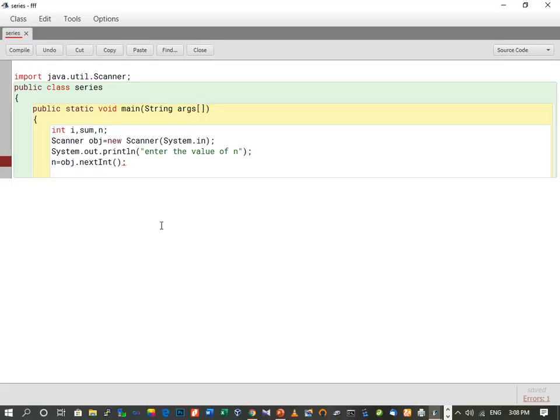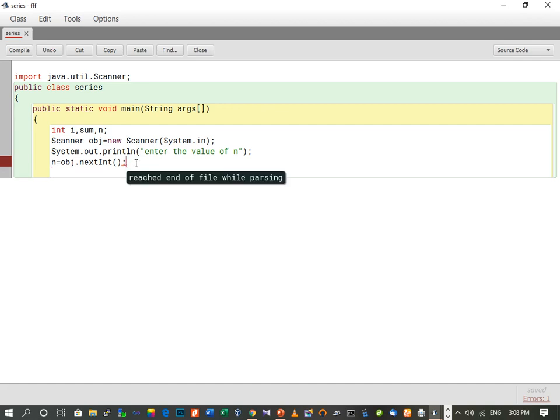So here we are with our Java program. This initial thing I have already written, means how to write the class. Then we have imported the scanner class because we are going to accept a value from the user. So all these basics you hope you all know how to write, because till now we have written this same thing in so many programs.